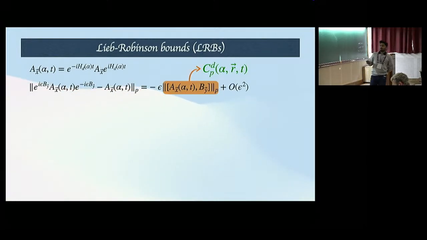So Lieb-Robinson bounds are bounds on the change in perturbation. There's an operator at x, and a perturbation at a site y, and the change in the evolution of the operator A_x is given by this. In the first order of the perturbation, this is given by an operator norm, which was happily introduced in the last lecture as well. So we take two norms. The good property is also that it is self-dual,